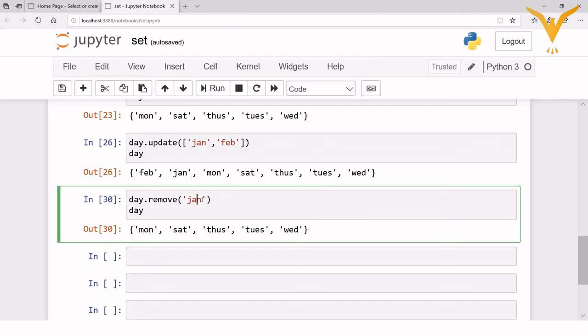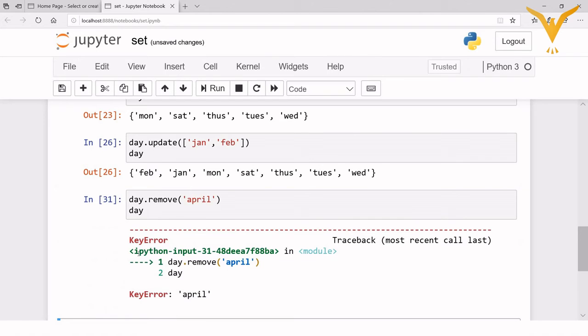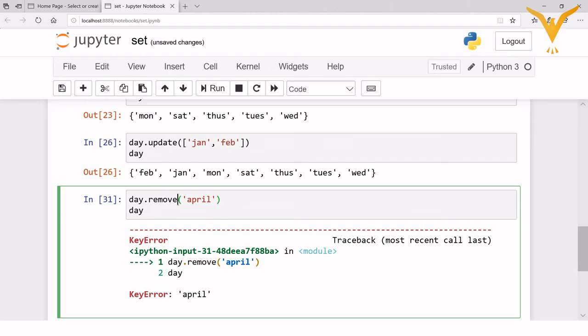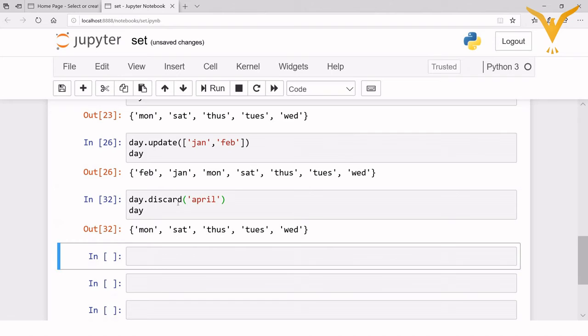Now suppose I try to remove an element which is not present, for example April is not present. So see, this is giving me an error. Now we'll try to remove April using the discard method. So see, as April is not present in the set, the discard method is not throwing any kind of error.